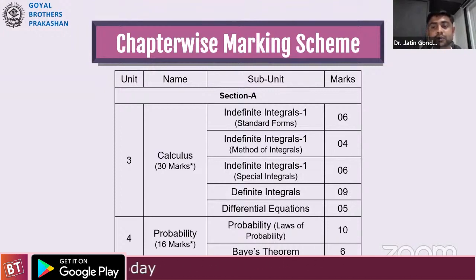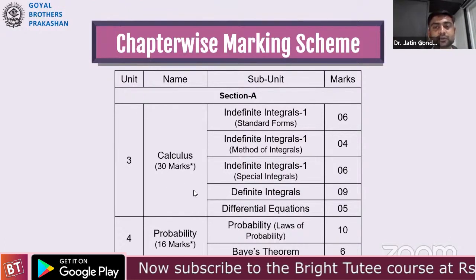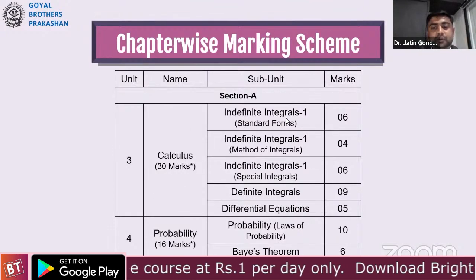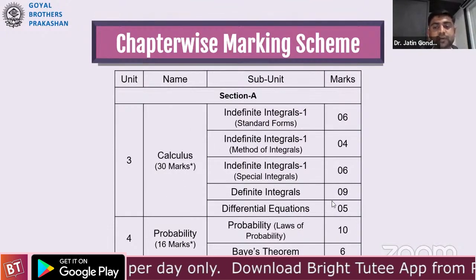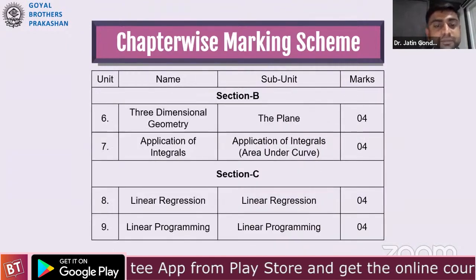marks, it includes the internal options, right? Okay. So don't think like, sir, this is 30 plus 16. It is 46 marks. Actually, section A will be of only 32 marks, but here I have included all the internal options. That's why you can find a total of 46 marks.